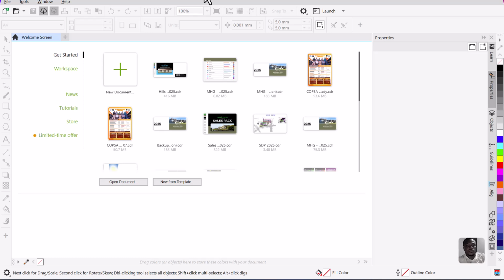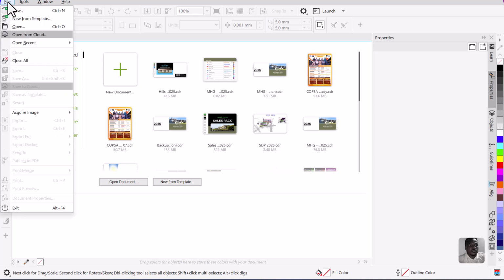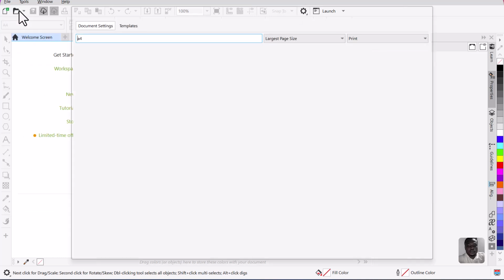So today I just want to quickly show you how to create a new Corel file. There are three ways to create a new Corel file. Let's get into it. So first, what you want to do is go to File, click on New, and